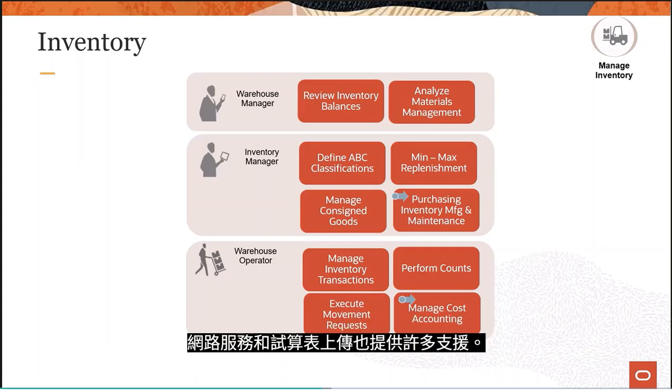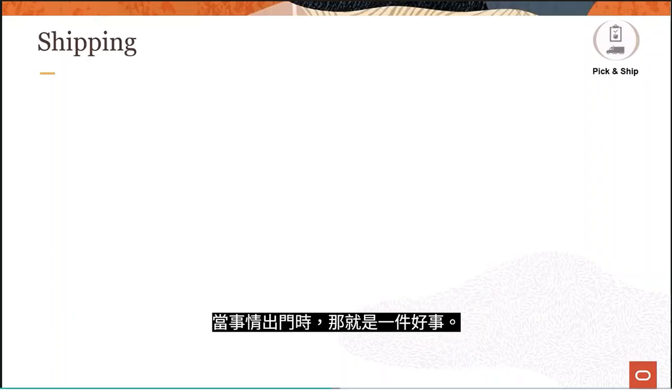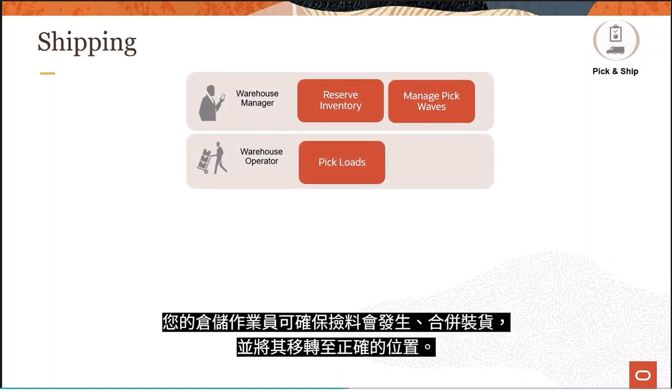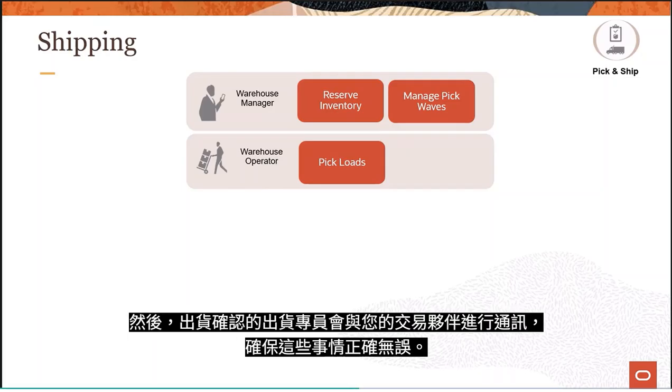There's a lot going on, a lot of that supported by the web services and spreadsheet uploads as well. And then the good thing, when things go out the back door, you've got the warehouse manager checking when things need to go out, managing the picks. Get your warehouse operators making sure the picks happen, consolidating loads, getting them to the right place. And then the shipping agent doing the ship confirm,